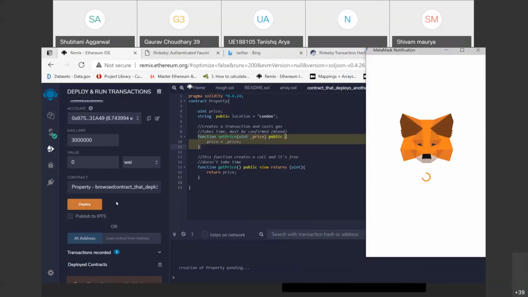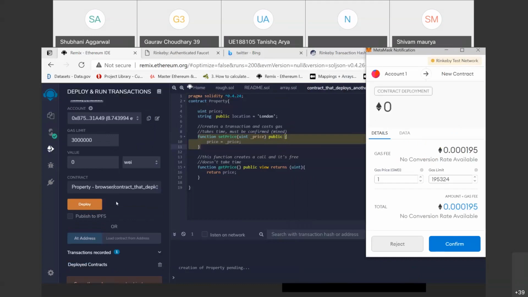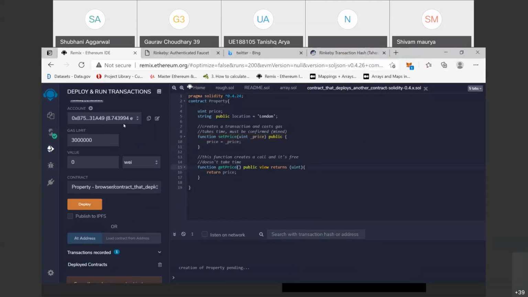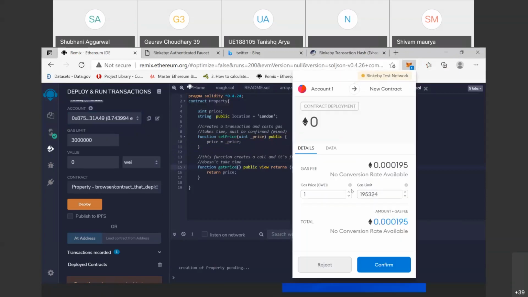When you deploy this smart contract from this address, your MetaMask will open and it wants your permission to make this transaction. It shows the gas fee of this transaction.